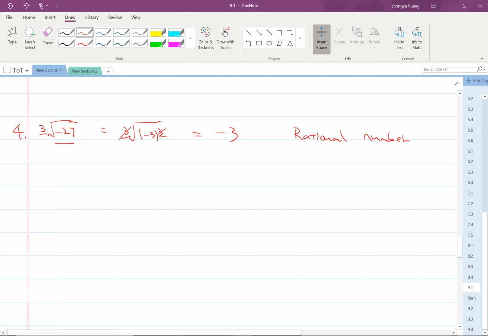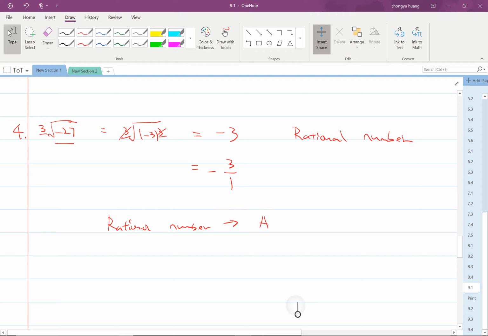Okay, -3 can be written as -3 over 1. One of the conditions for a rational number is that you need to have a rational number. So let me actually write it down. Rational number. One of the conditions is that you need to have